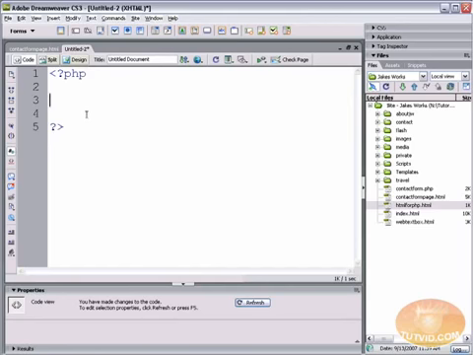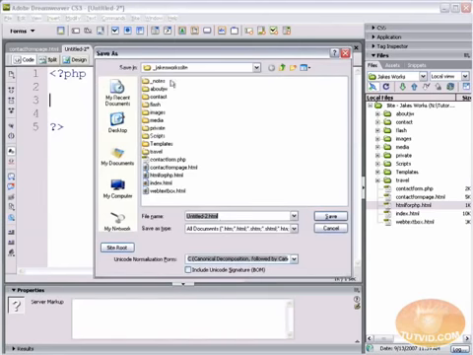And between both of these PHP tags, we must place all of our PHP script. So before we go any further, let's just save this. So go File, Save As, and we're here on the root level of our site, which is going to save it right over here into our Files panel, basically. We're going to call this Contact Form